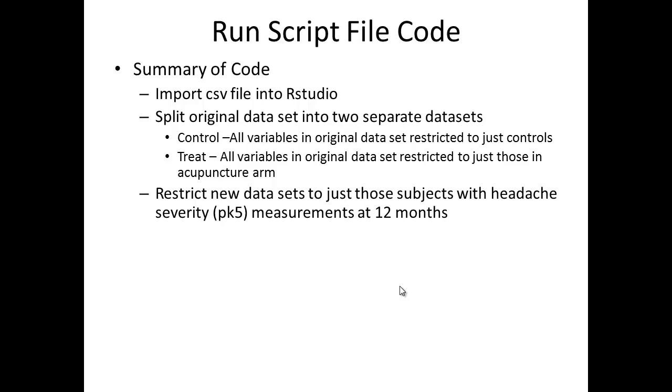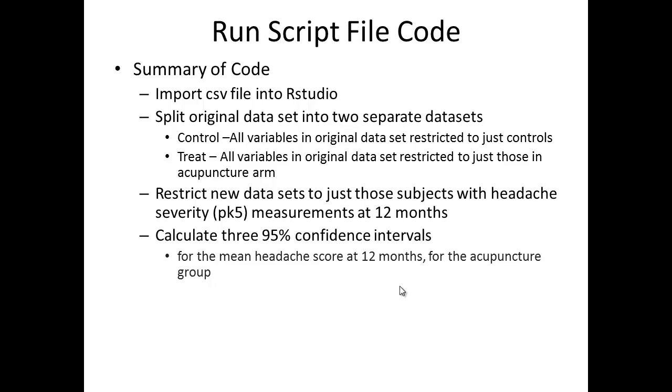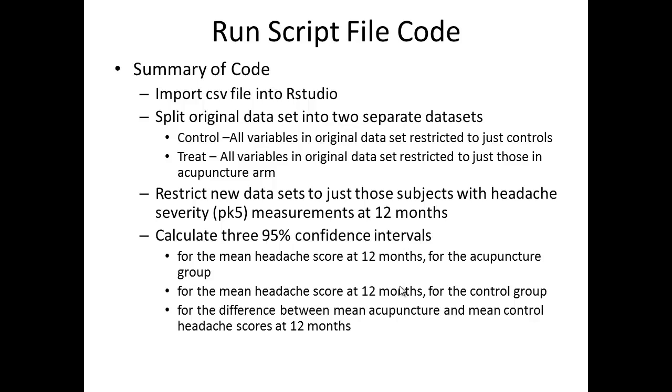Once we have those two new data sets, we're going to restrict them to just those subjects with headache severity measurements at 12 months, because that's what they did in the manuscript, and we're trying to kind of closely recreate what's going on there. Then we're going to calculate 3 95% confidence intervals, one for the mean headache score at 12 months. So that's a confidence interval for a single mean for the acupuncture group. We're going to do the same thing for the control group. And then we're going to calculate a confidence interval for the difference between mean acupuncture and mean control headache scores